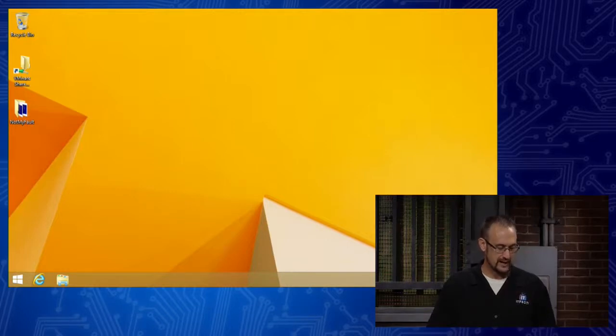So let me show you a couple other things that we can also do. Sometimes what you might have is a failure to boot. And failure to boot can be a couple of different reasons. A failure to boot might be because you have an improper boot sequence set, not in your operating system, but in the BIOS itself. That does sometimes happen.